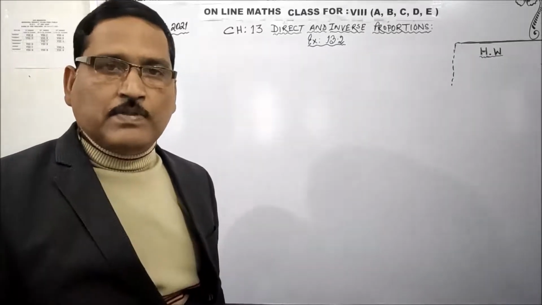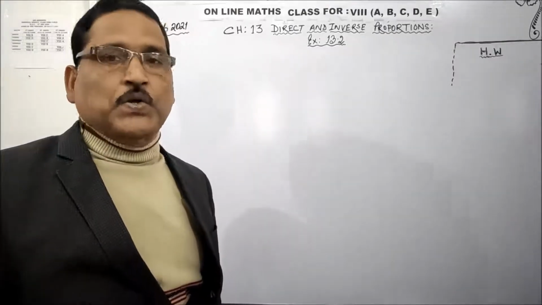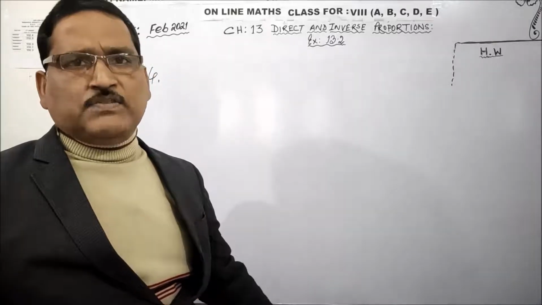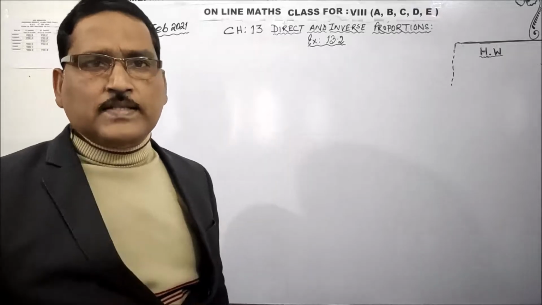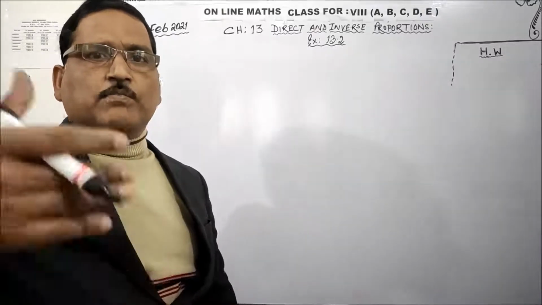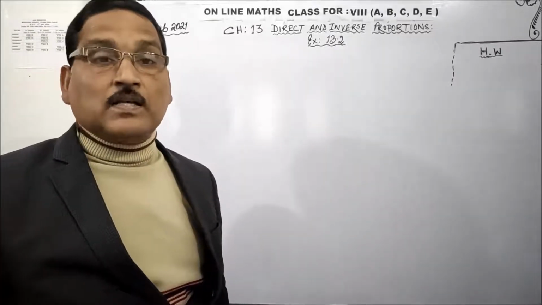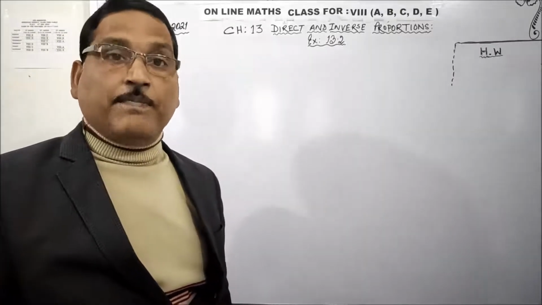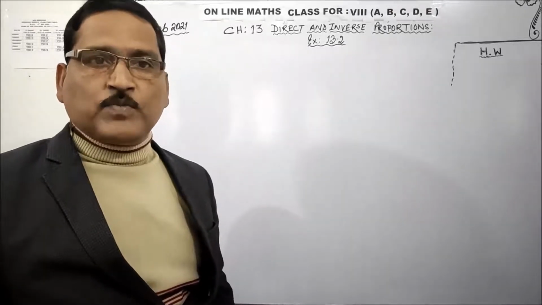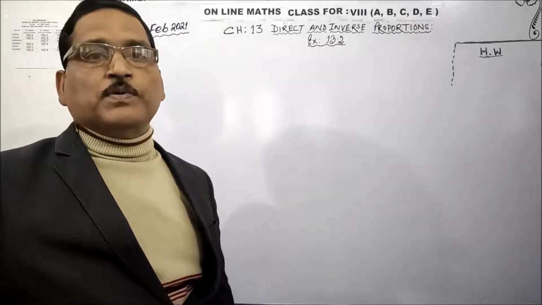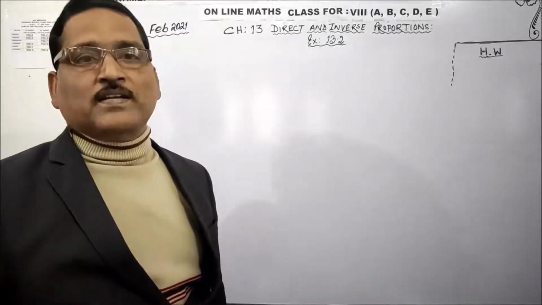Now I am telling you, if the number of children is more, will they still get 5 sweets? No, because my sweets are fixed. If the number of children is more, each child will get less. If the number of children is less, each child will get more. So the product of the first two quantities will remain the same, because I have a packet containing a fixed number of sweets. If I divide among fewer students, each student gets more. If I divide among more students, each student gets less.